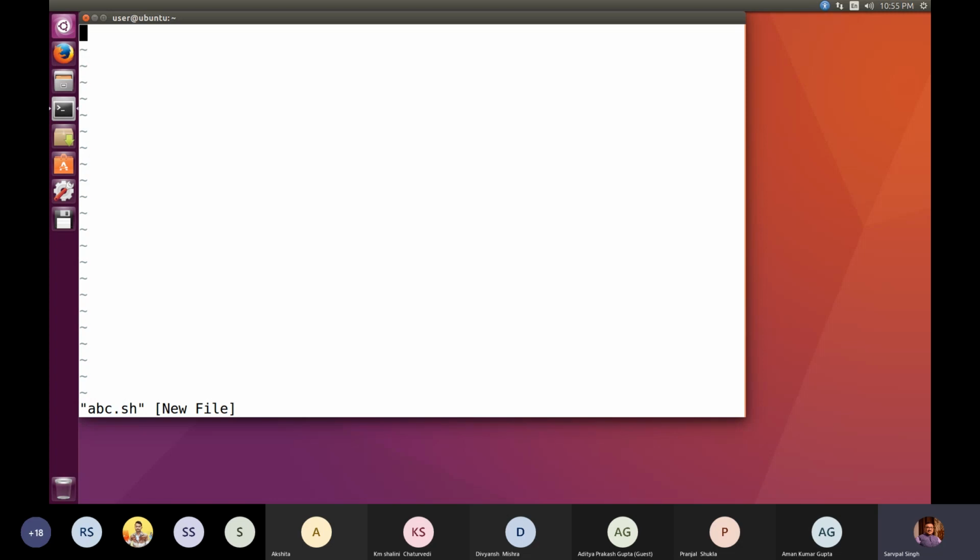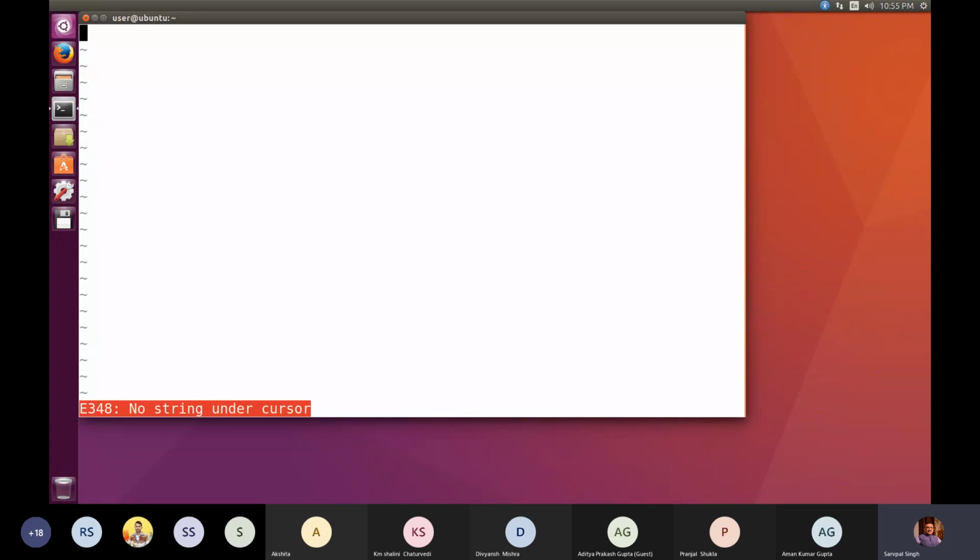In order to type, you have to move from command mode to insert mode. To move to insert mode, the first thing we do is simply press I. When I press I, apparently nothing changes on the screen. But now look at what I am doing.